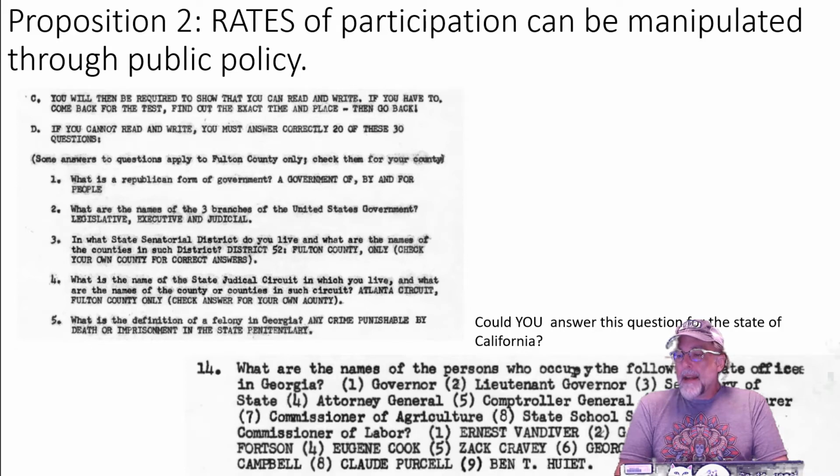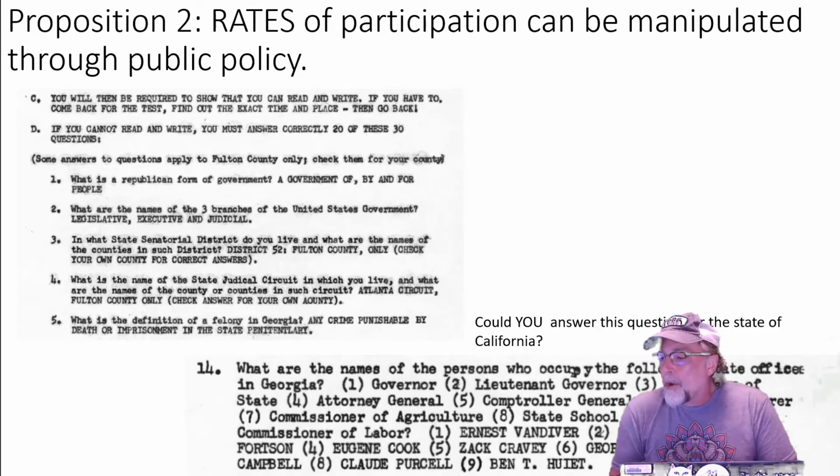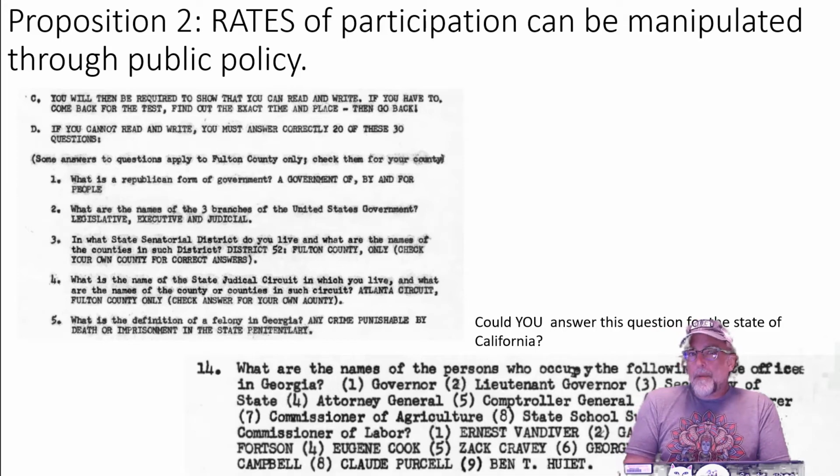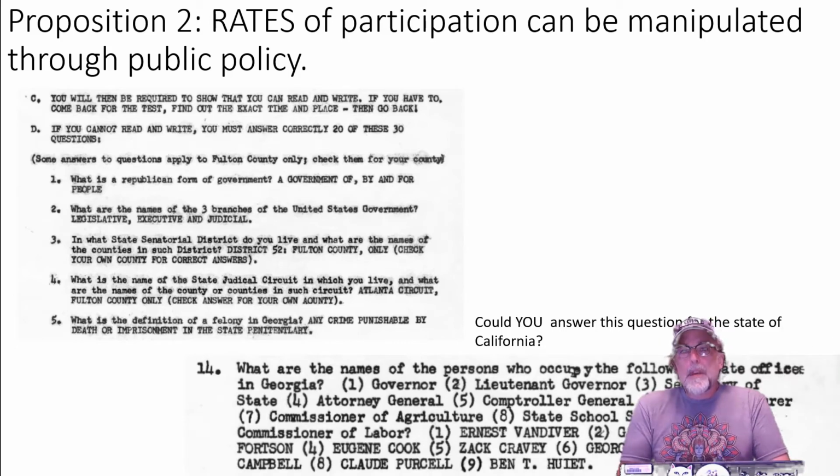Look at the questions that they're asking. What is a Republican form of government? I mean, before you took this class, could you really have answered that question? For most people, the answer is no, or the three branches of government. But where it really gets nasty, and this was a 30-question exam that people had to do, was number 14. What are the names of the persons who occupy the following state offices in Georgia? Governor, Lieutenant Governor, Secretary of State, Attorney General, Comptroller General, State Treasurer, Commissioner of Agriculture, State School Superintendent, Commissioner of